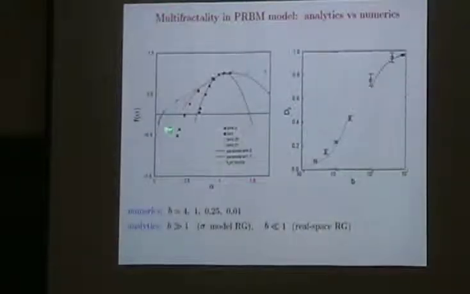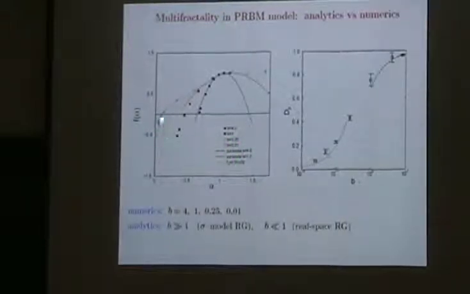Yeah, and this is what is shown here. So that was the regime of large b, where you have a relatively small amount of rectangularity, so this f of alpha spectrum is relatively narrow, so fluctuations are not so strong. This is the numerics compared to the sigma model calculation, and this is numerics compared to this real space RG calculation in the regime of small b, so this small b here is